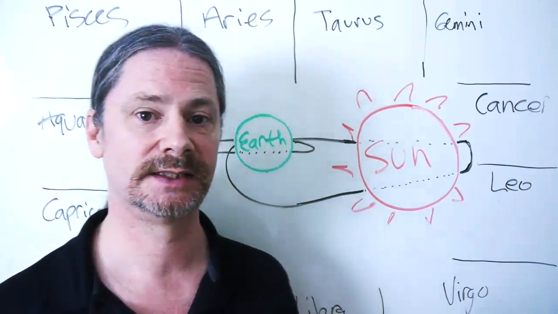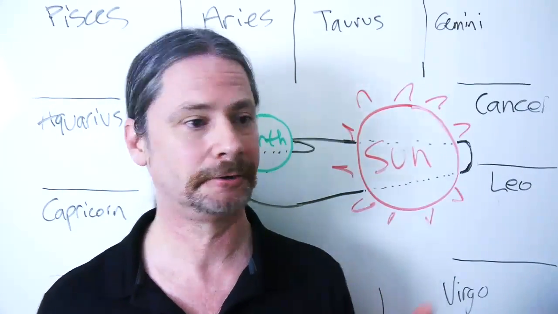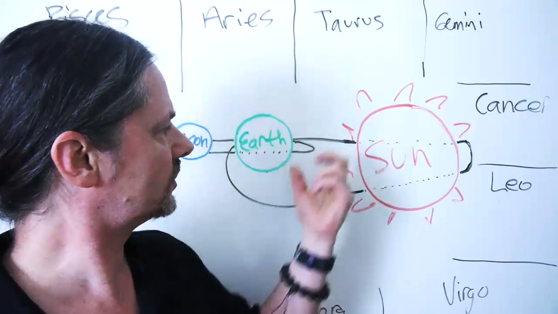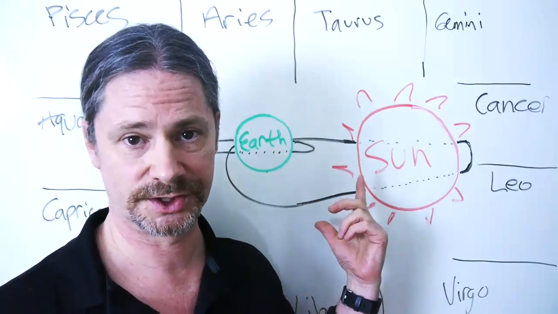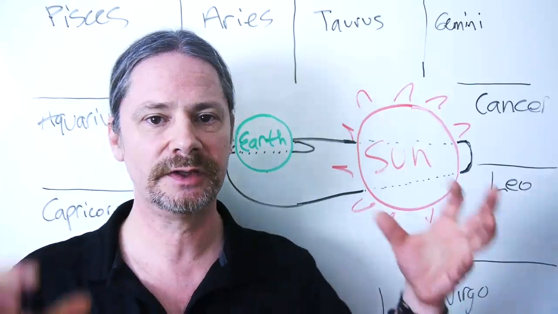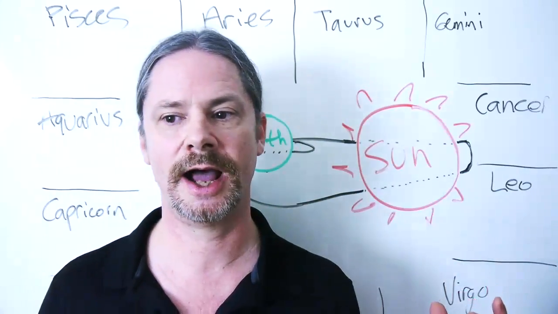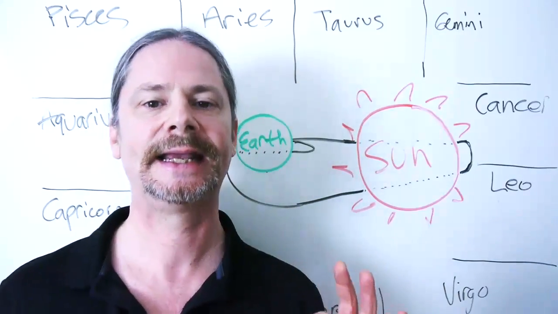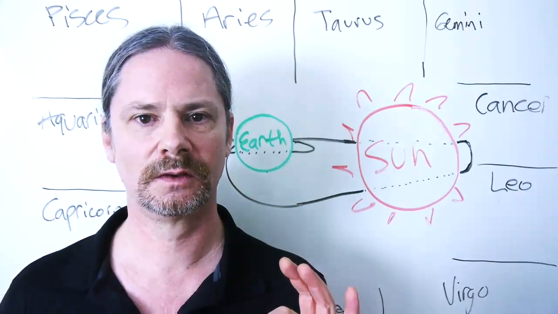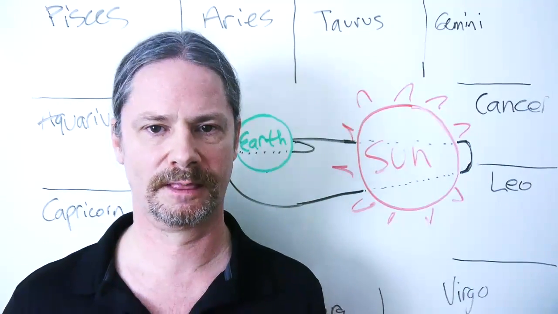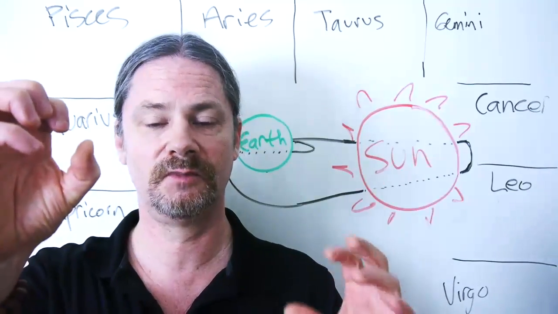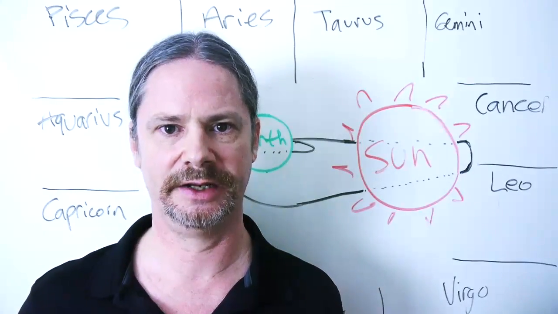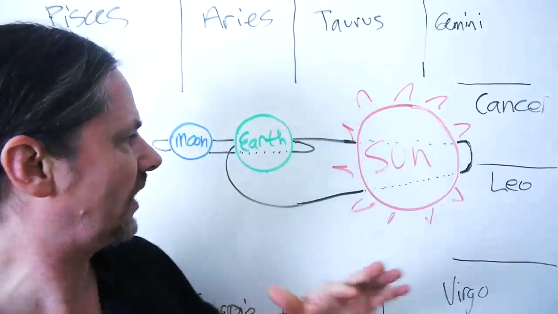Last thing I want to say is that to really understand the miracle of these three, of sun, moon, and earth being in alignment, it's not just that the lunar cycles correspond, that 12 lunar cycles occur within 1 year, but even the relationship of the sun, moon, and earth are now in an enormous synchronicity. Many of you have heard me talk about this before, but I'll just say it again. You realize that if you've never pondered the miracle that the sun and the moon look exactly the same size from where we are, you should ponder that for a minute. The sun and the moon have nothing to do with each other.